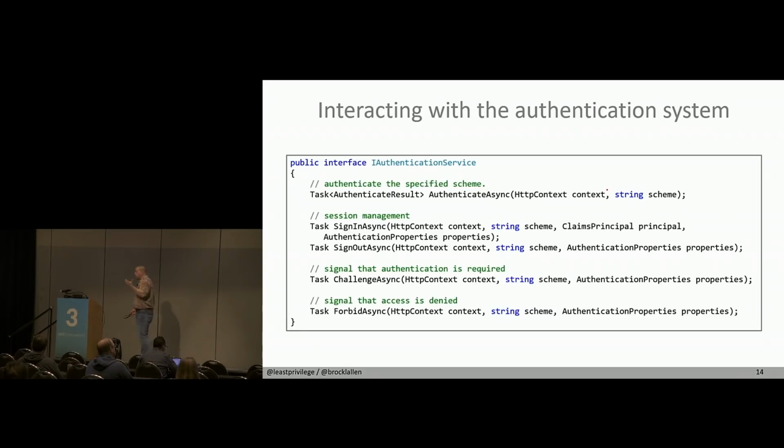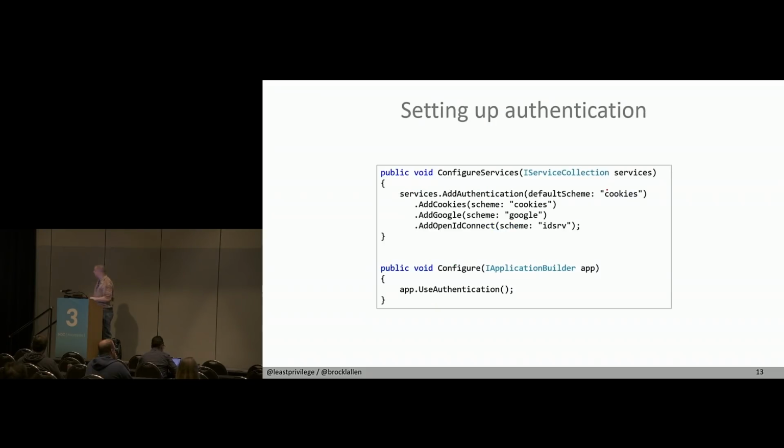So the scheme is a very important parameter here because it identifies, do I want to send them to Google or Facebook or OpenID Connect or whatever? So that challenge method lets you indicate which one to trigger. If you happen to trigger cookies, well, cookies is your session management, but it also has the notion of saying, I need to go get the user logged in, but the assumption is that's a local login,